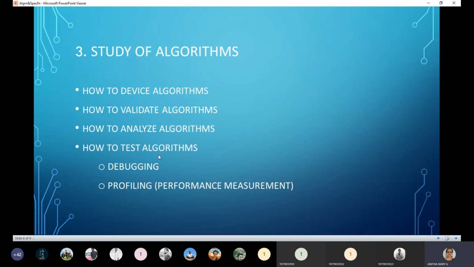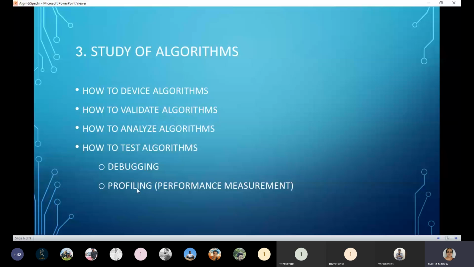What do you mean by testing? Test whether true or false, whether this algorithm is working properly or not. Testing consists of two different phases.